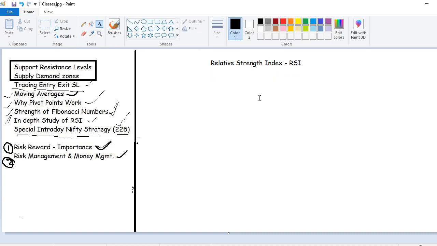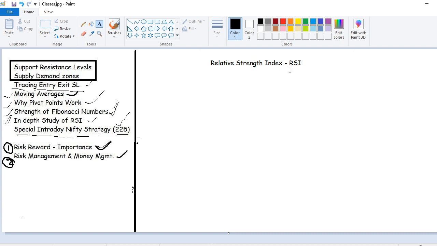Let's suppose last week there was a buying of 60. Now if it is showing 70, that means there is a growth in buying. That means strong buying is happening. So more than an indicator, it is trying to show you what exactly is happening in between the supply demand levels.